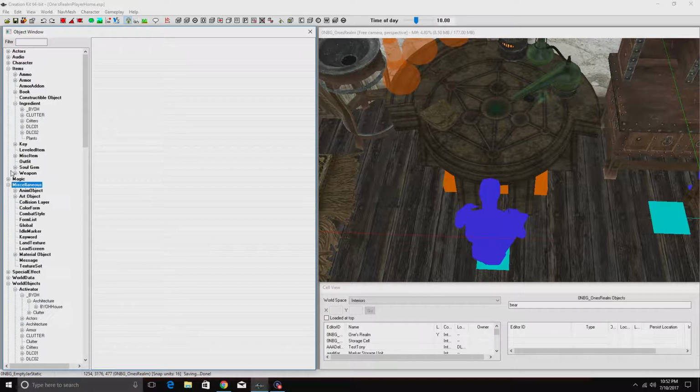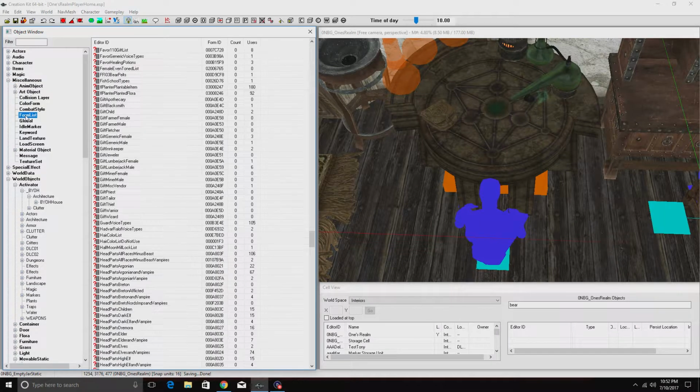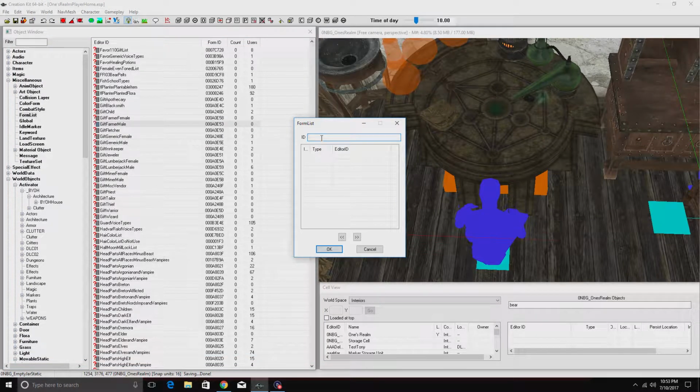Go ahead and close these up real quick, so you can see it's right under magic. Then you'll go to form list. You'll see a bunch of forms. Click new. Type in, for this, I'll just do